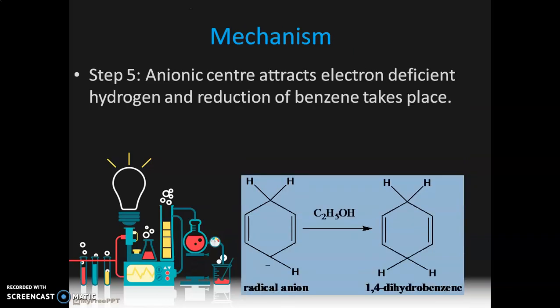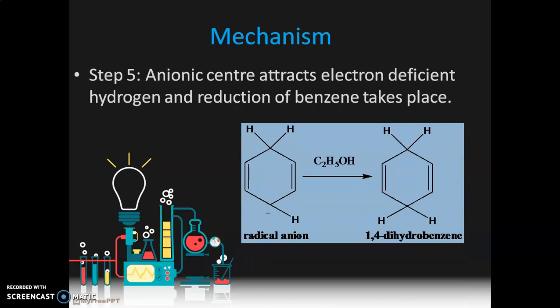Step 5 is anionic center which is generated in step 4. It attracts electron deficient hydrogen and reduction of benzene takes place. So this will attract proton and it will give us the final compound, that is